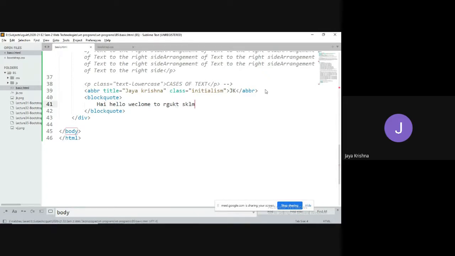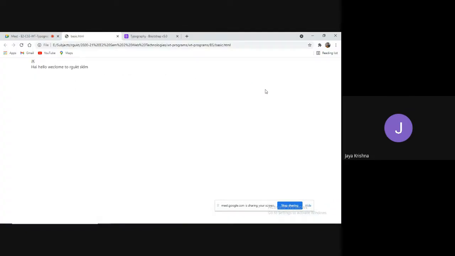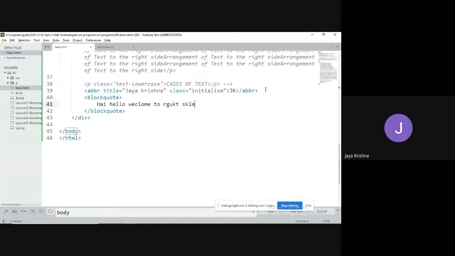Srikakulam. That's it. So you won't observe any huge difference here. The difference I have shown in the HTML while explaining the concept of HTML, blockquote. But you can observe the main difference whenever you make use of this combination with the help of other tags like the figure tag.